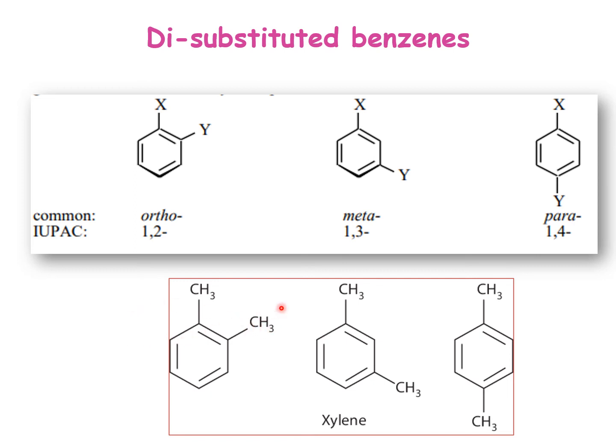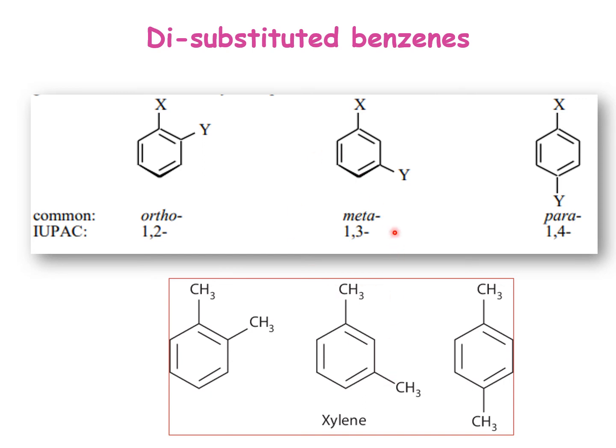Now this root or main functional group may not be present only at the top. They can write it any way. So ortho meta para doesn't depend upon whether the main substituent is at the top position. They can write, suppose methyl group is present over here, then this methyl and this methyl, they are in the straight line. So it is para position. They are at 1 and 4.